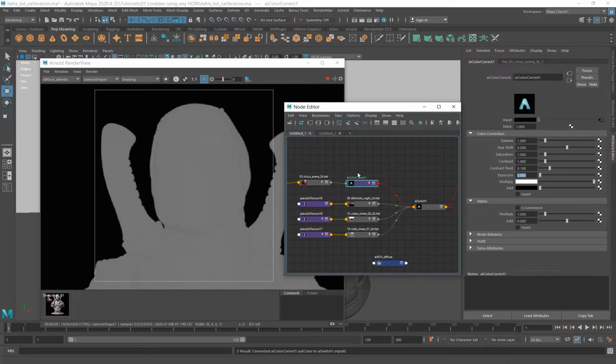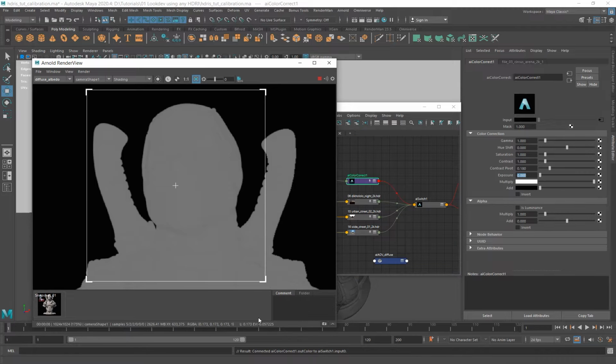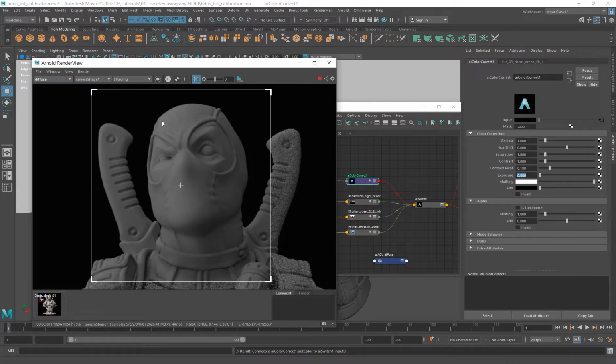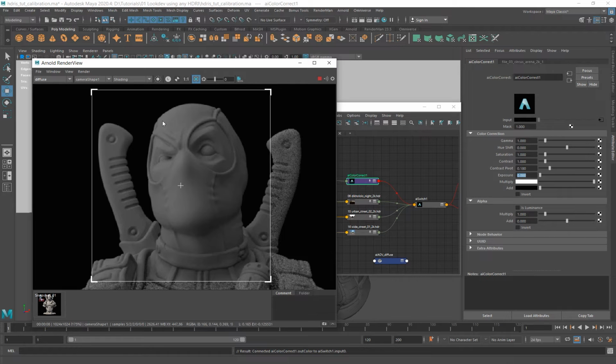So I add a color correct node, and the only thing I change here is exposure. I don't change any other parameters on here. So how would I decide the value which I should add on the exposure is by looking at the EV value. So if I come to the diffuse node, and if I check the most bright part,